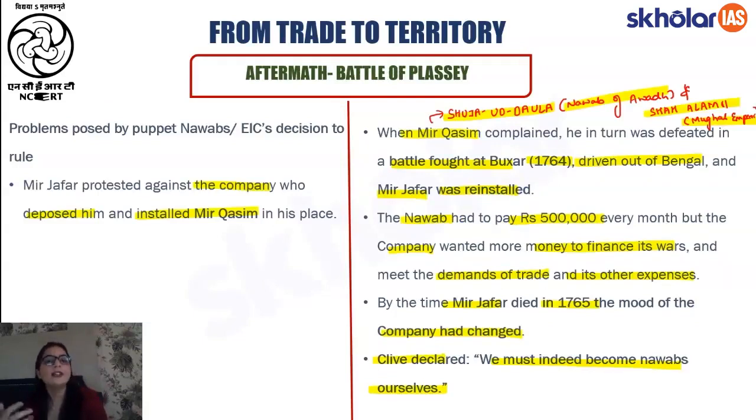थे और उनको ट्रेड में अच्छे कंसेशंस दे रहे थे, जिससे उनको बहुत ज्यादा प्रॉफिट हो रहा था। लेकिन कुछ समय बाद मीर जाफर ने प्रोटेस्ट करना शुरू कर दिया, क्योंकि कंपनी की पॉलिसीज बहुत ही ऑप्रेसिव थी, और इस वजह से उन्हें हटा के कंपनी ने मीर कासिम को नवाब बना दिया। लेकिन कुछ समय बाद मीर कासिम ने